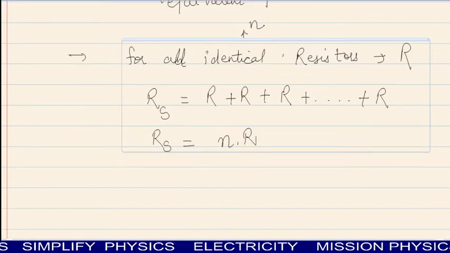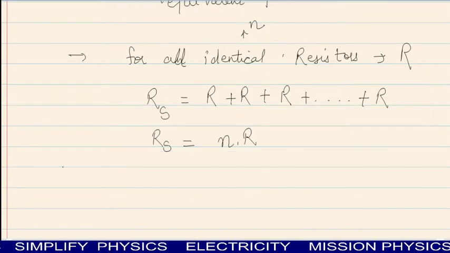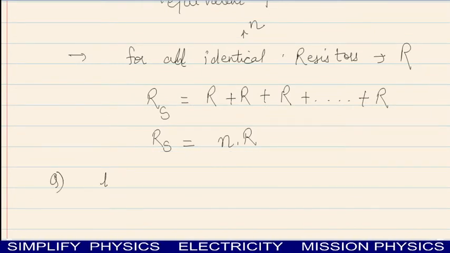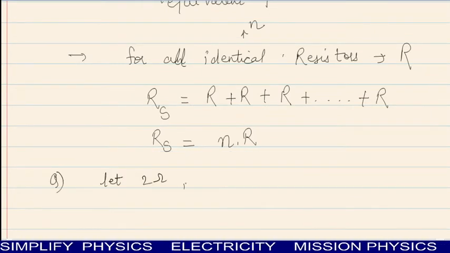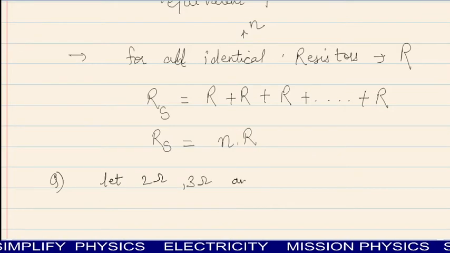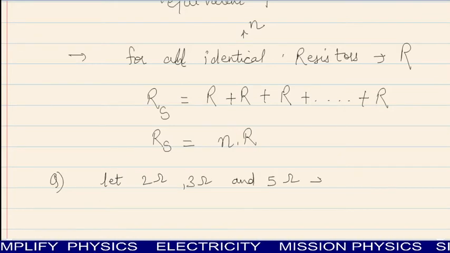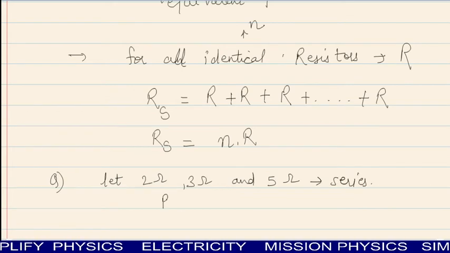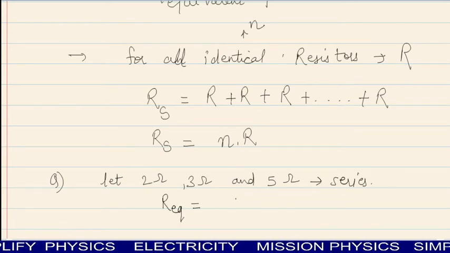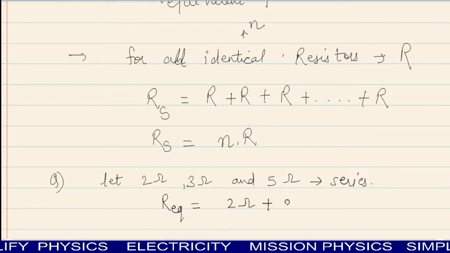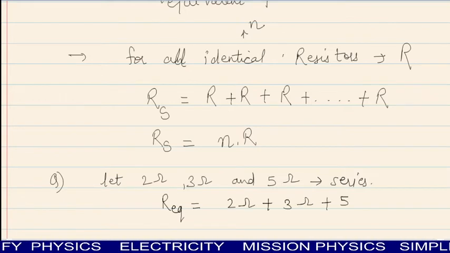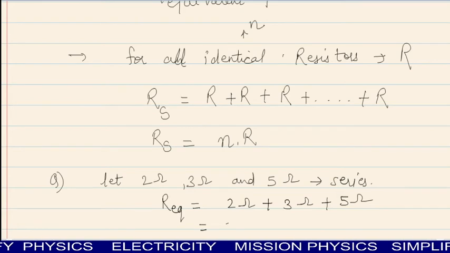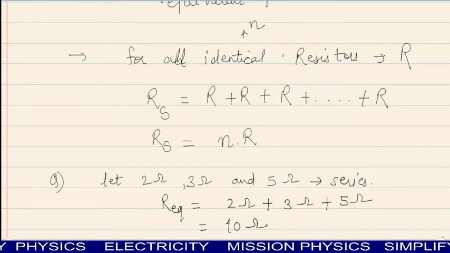So इस पर छोटे छोटे से एक दो क्वेश्चंस कर लेते हैं हम लोग। Let 2 ohm, 3 ohm and 5 ohm connected in series, then what is the equivalent resistance? So obviously this is just the sum of all three resistors, so it is equal to 10 ohm।